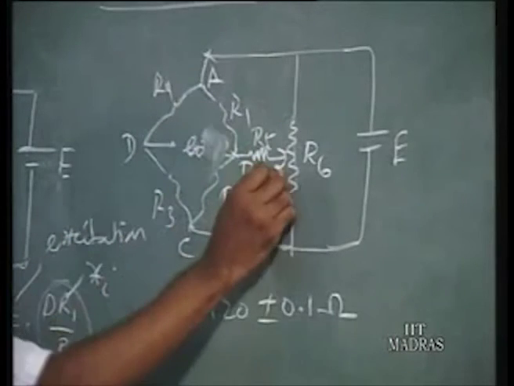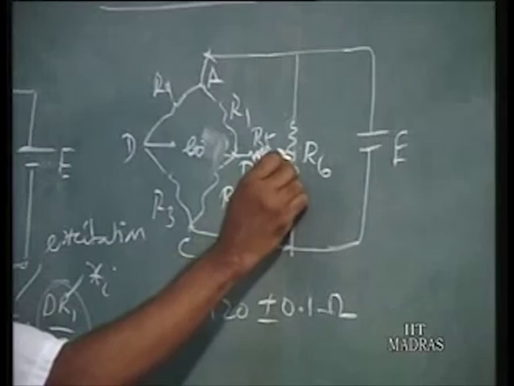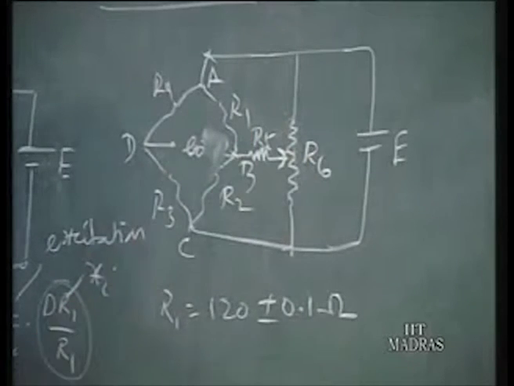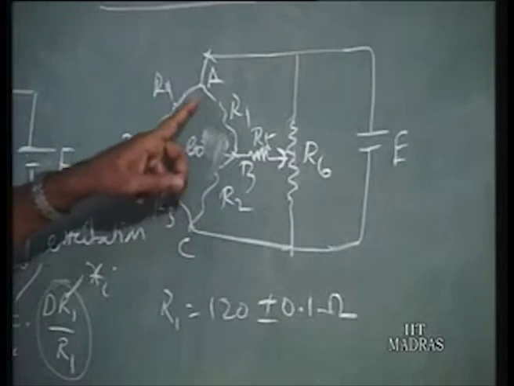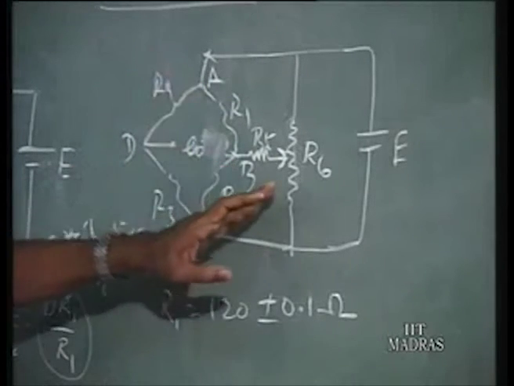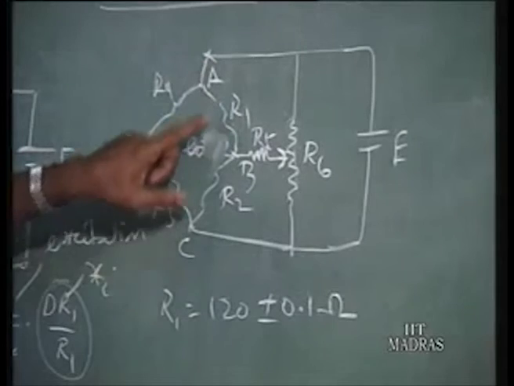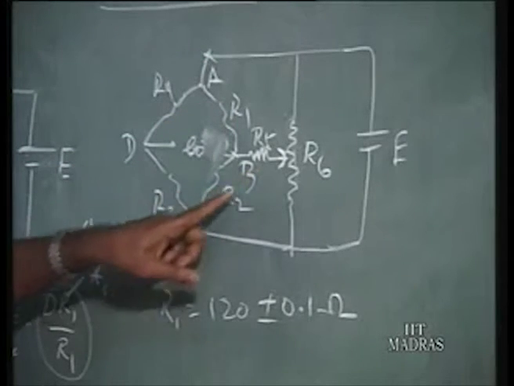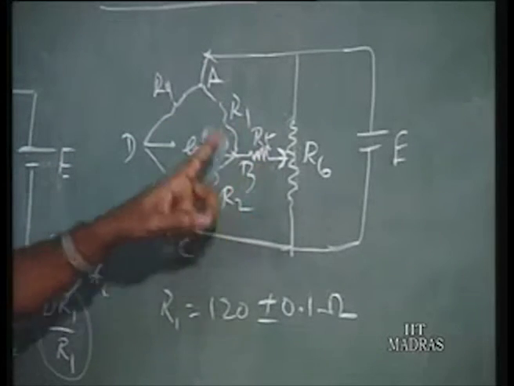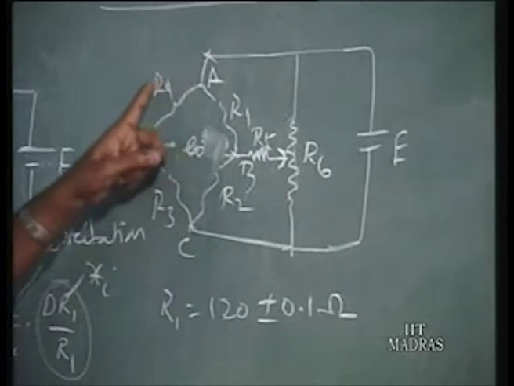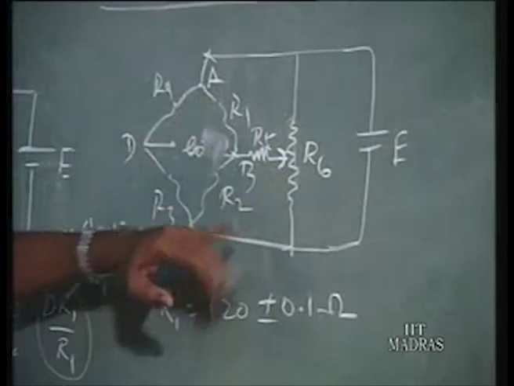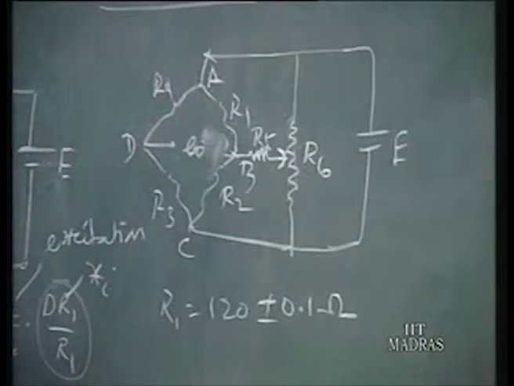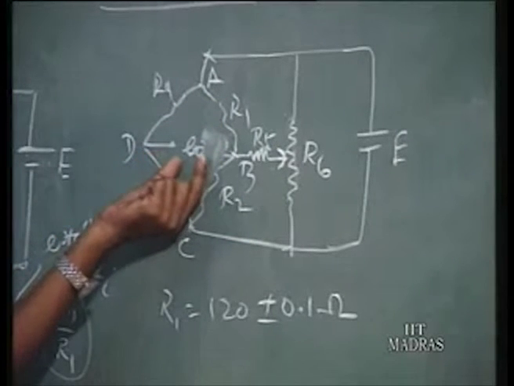This is the equivalent. When we move this up and down, we are changing one of the resistances which decides the parallel, which decides the equivalent resistance. By this, two adjacent arms of the bridge are changed by moving this. Thereby we get the balance. Any differences in arms will be made up by suitably moving up and down. That is, by changing two adjacent arms, we get 0 here.